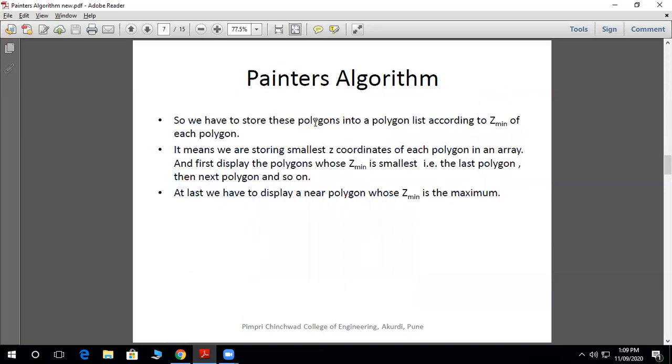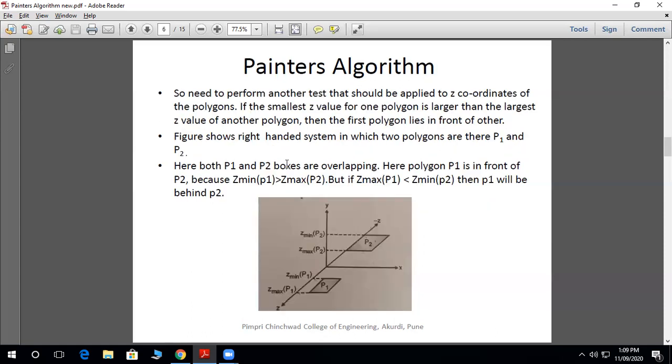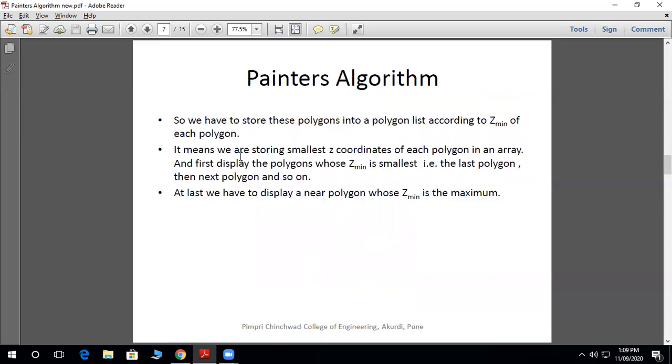So now we have to store these polygons into the polygon list according to the Z minimum of each polygon. It means we are storing the smallest Z coordinate of each polygon in an array. We first display the polygon whose Z minimum is the smallest, that is the last polygon, then the next polygon, and so on.